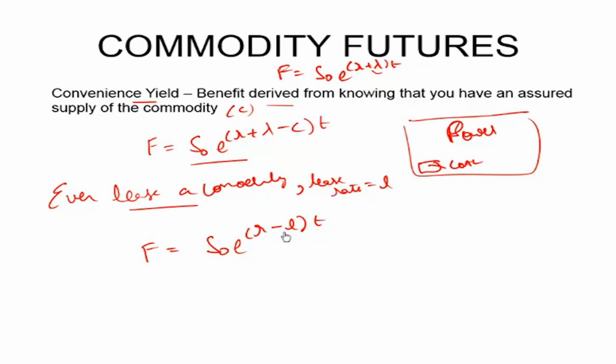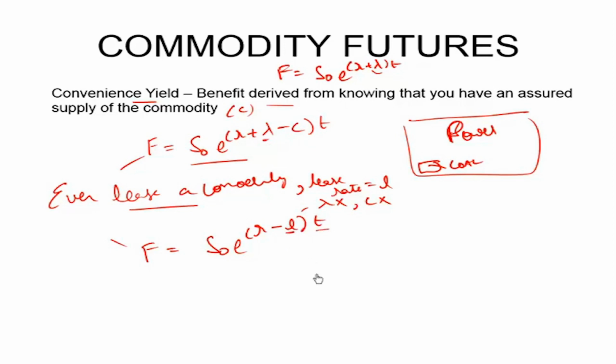Please note, if we have leased it out, then there is no lambda because we are not storing it with us, and there is no convenience yield also because we don't have it with us. We have leased it out. Instantly that person won't be able to give it back. If I run out of coal, he will give it back as per the terms and conditions. So we either derive convenience yield and pay storage cost, or we simply lease the commodity. So there are actually two formulae for calculating the fair forward price of a commodity. If you store it, it will be e raised to the power (r plus lambda minus c) into T. If you lease it out, it will be e raised to the power (r minus L) into T.